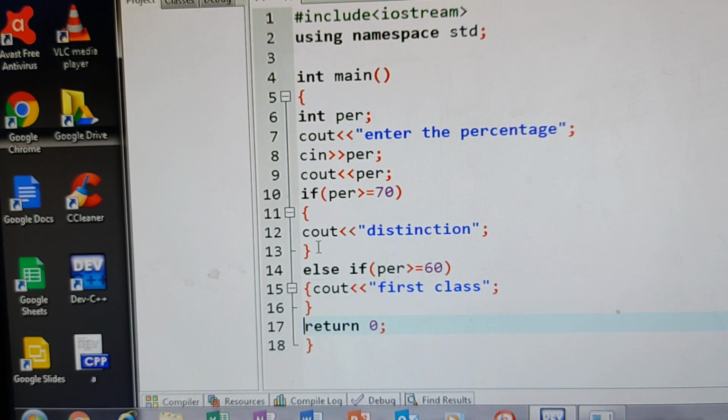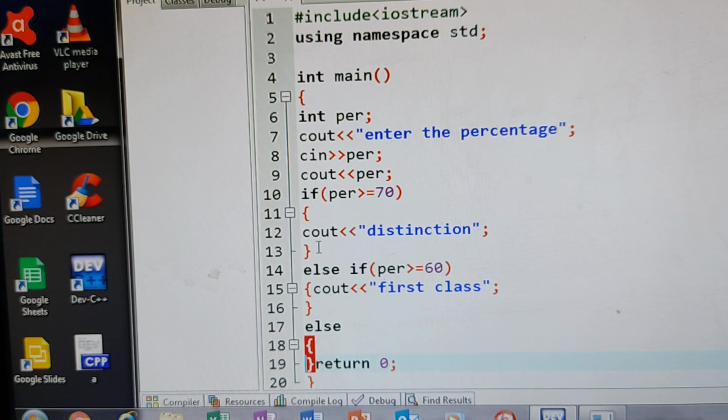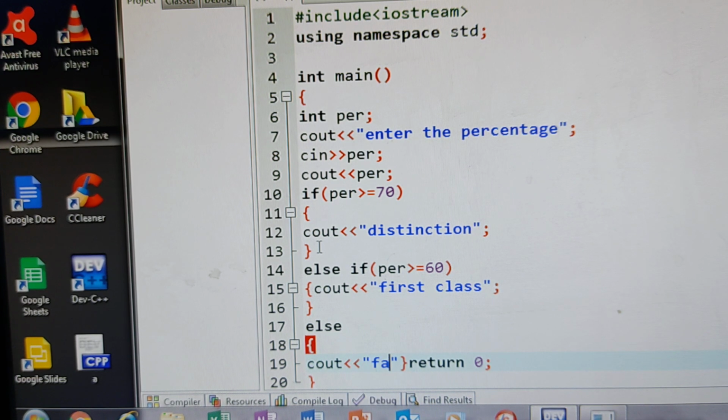Once you see, else is the else part for the first if condition. Else, cout, for example, fail I am giving.